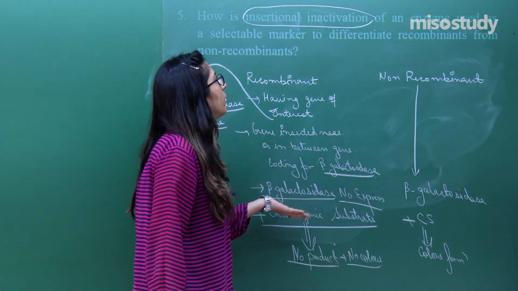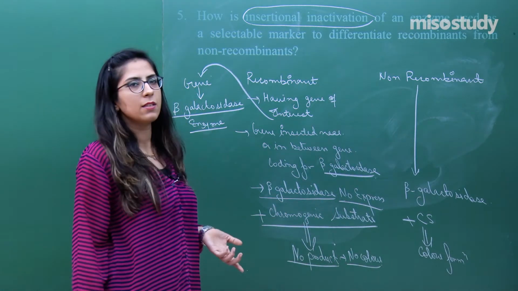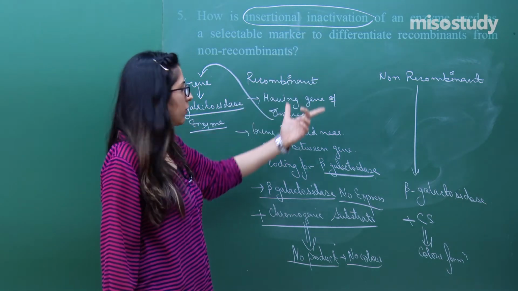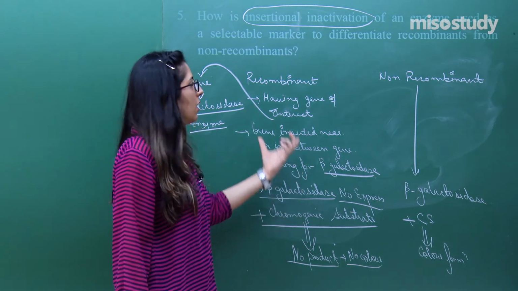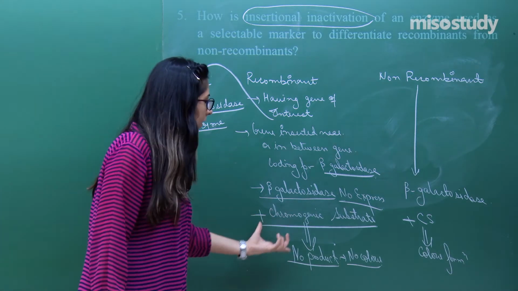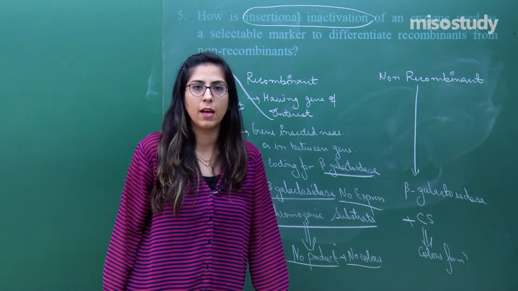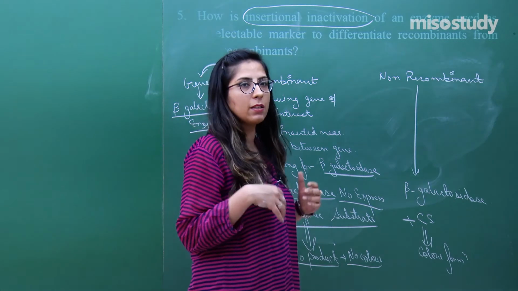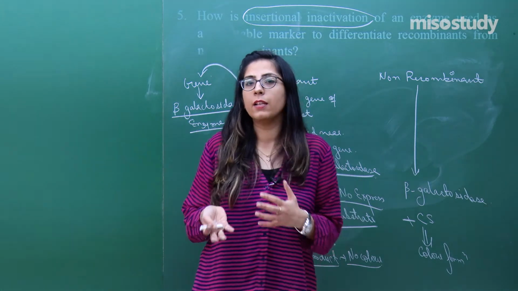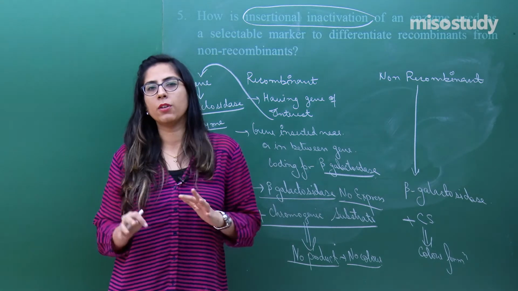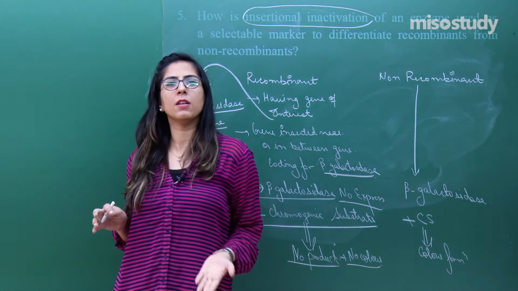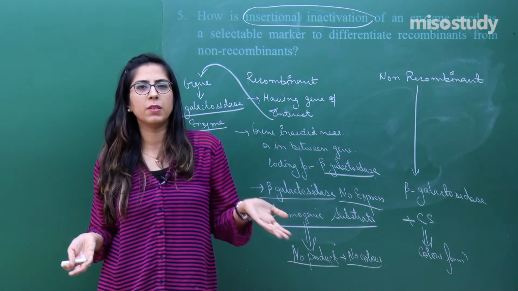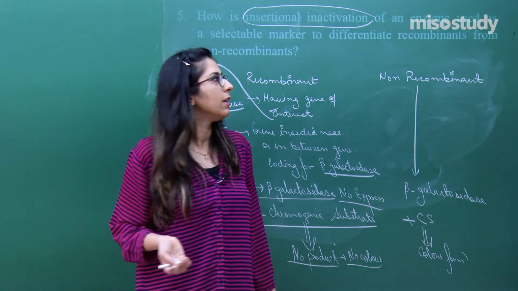This is the actual difference between recombinant cells and non-recombinant cells on the basis of insertion or inactivation. Insertion has taken place, but the enzyme is inactivated, so no colored products are there. Whereas those colored products which will be there in my plate, in the different cells which are either recombinant or non-recombinant, if some color is there, that means it's a non-recombinant cell. If color is not there, that means these are the recombinant cells, right?